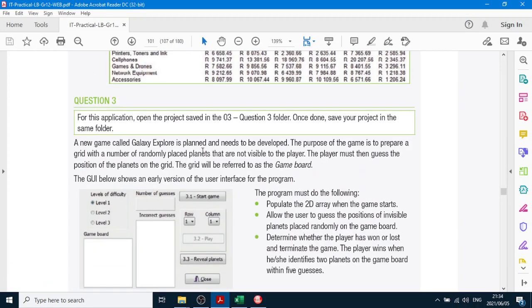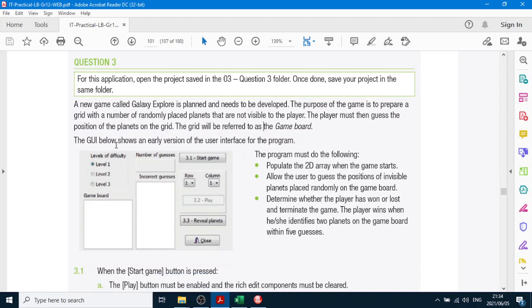So we have a Galaxy Explore game. The purpose of the game is to prepare a grid with a number of randomly placed planets that are not visible. The player must then guess the position of the planets on the grid. The grid is a game board. Now,